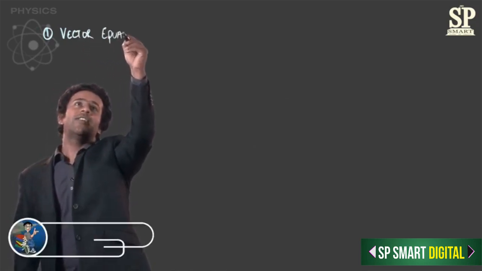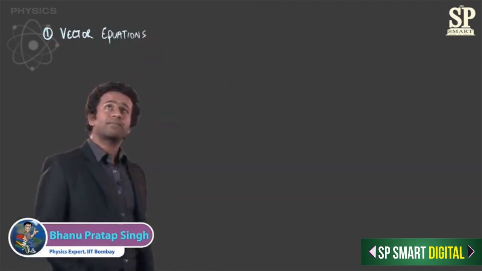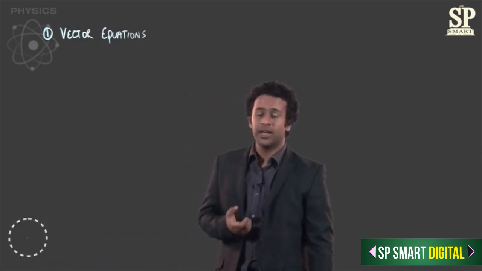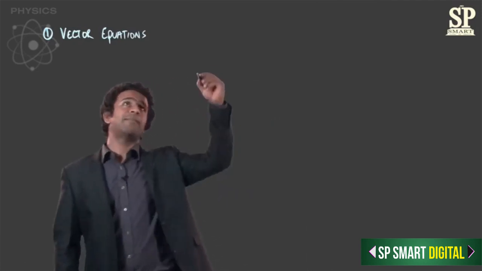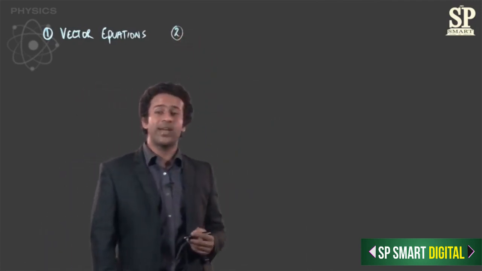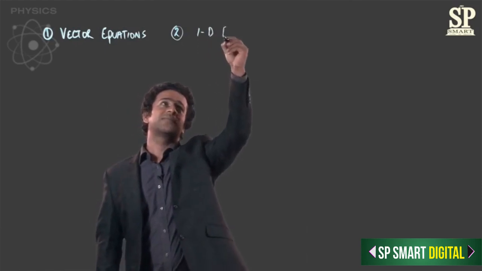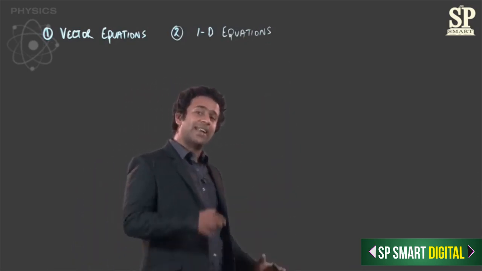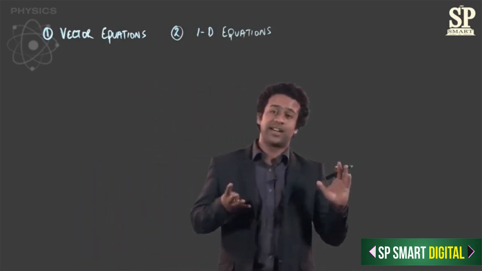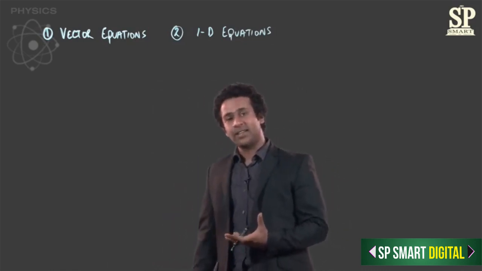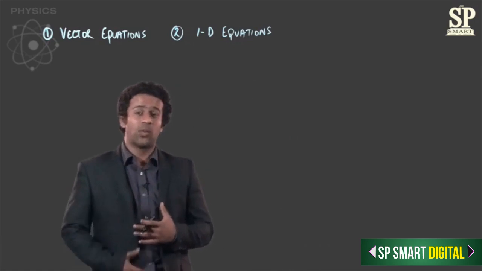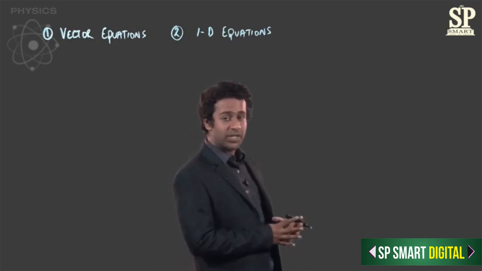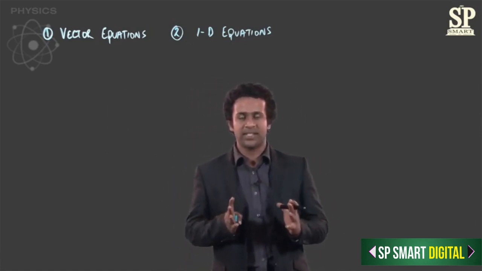That is, all the variables involved are vectors and they must therefore be substituted with suitable signs. The second important thing to remember is that these equations are one-dimensional equations. So, you must choose a particular dimension and then apply these equations for that dimension. So, you've already seen these equations being applied in the case of one-dimensional motion. We will later see that when we have two or three-dimensional motion, we basically have three separate equations for each